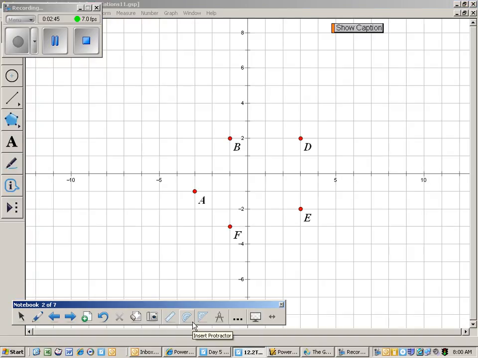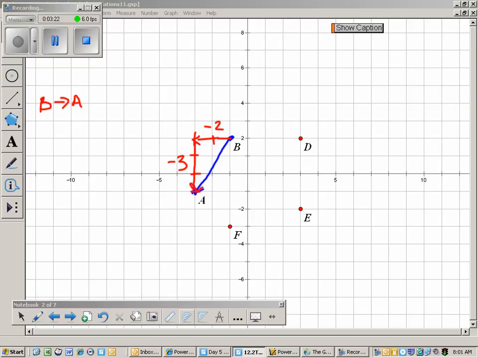So looking here, we have a few different points. So if we wanted to map from B to A, so we want to start at B and go to A. So if we start at B and go to A, we've got 1, 2 to the left, so that's going to be -2, and then 1, 2, 3 down, so that's going to be -3. So from B to A,